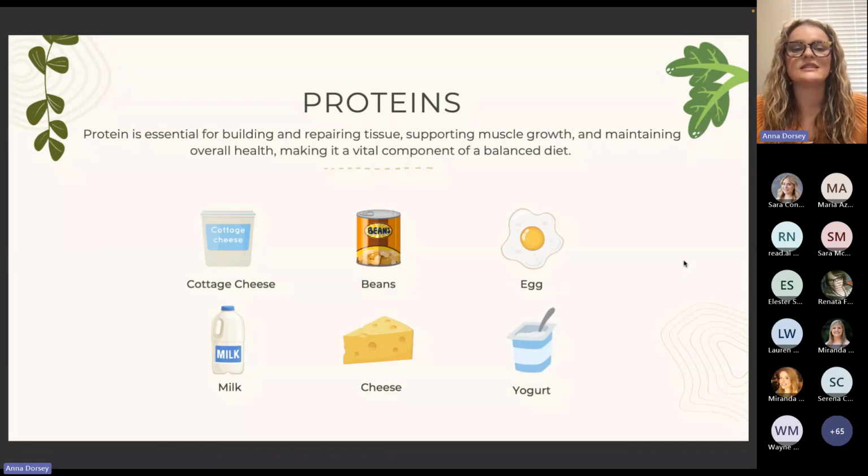So protein is essential for building and repairing tissue. It's going to help support muscle growth and maintain your overall health. It's a very vital component of a balanced diet. And again, here on the slide, I want to emphasize again, animal protein is a great source of protein, and it contains tons of great nutrients. And so we want to encourage you